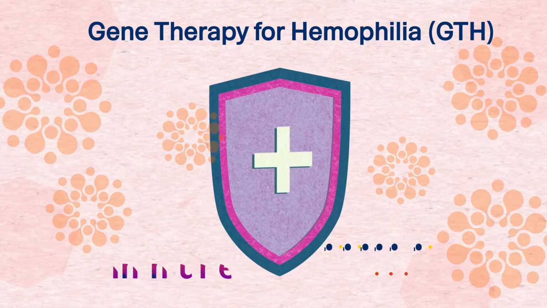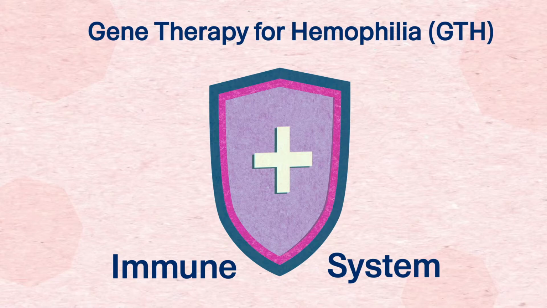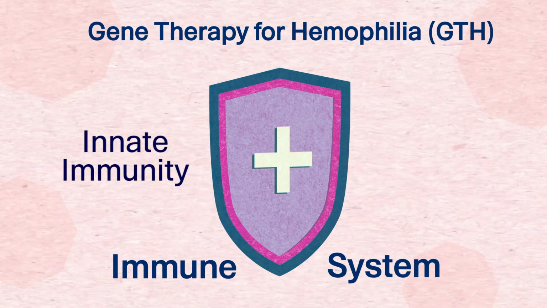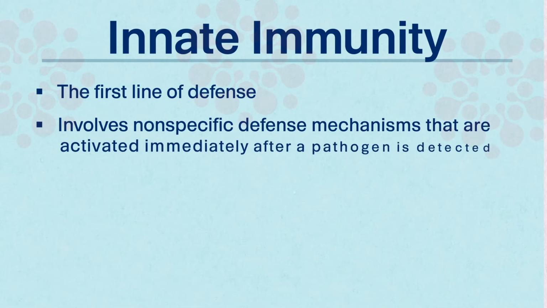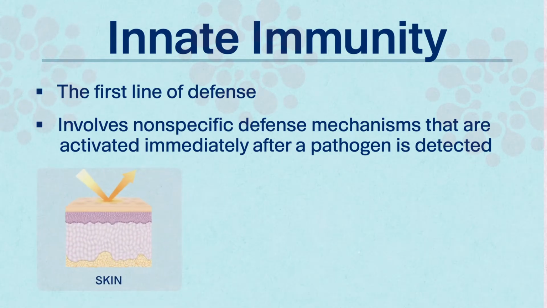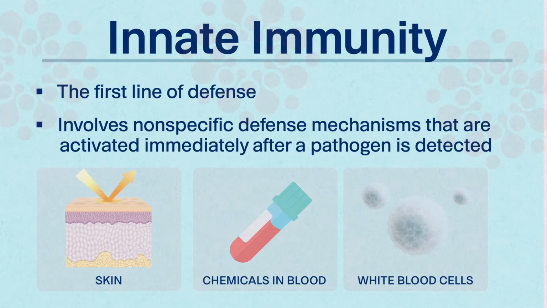The body's immune system is responsible for defending against foreign organisms or pathogens. It has two main components: innate immunity and adaptive immunity. Innate immunity is the first line of defense and involves non-specific defense mechanisms that are activated immediately after a pathogen is detected. It includes physical barriers such as skin, chemicals in the blood, and white blood cells that attack and